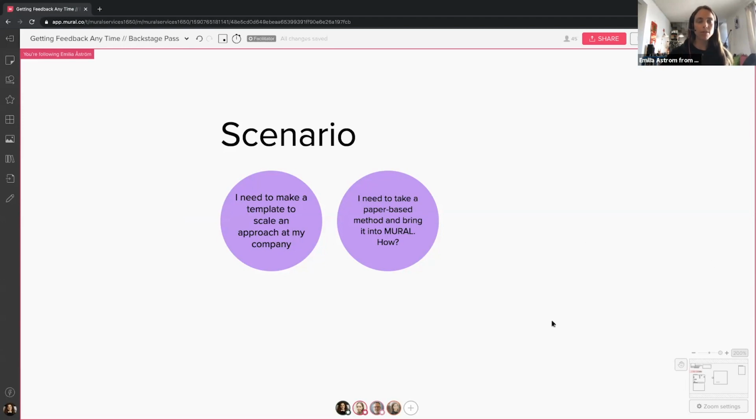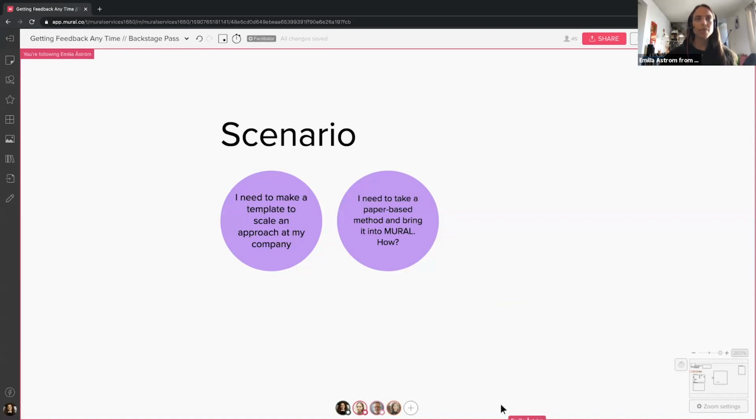And sometimes I also work with a lot of customers that might have methods or processes that they're already doing offline, either using whiteboards or pen and paper, and they need a way to quickly bring these methods online. So when doing this, they can create a new Mural template reflecting these methods, and we want to try to put together an easier way, some guidelines for people to do so.